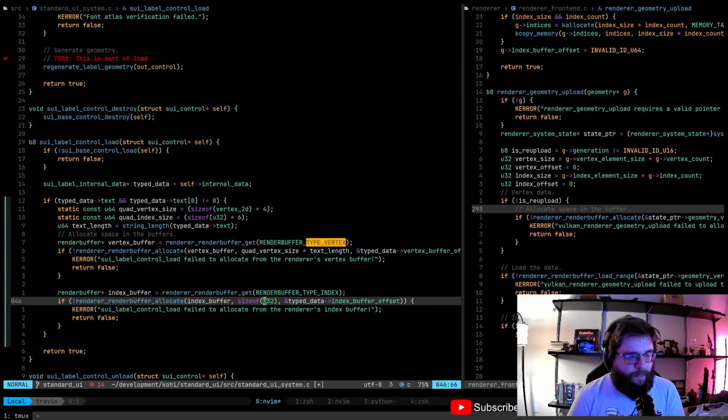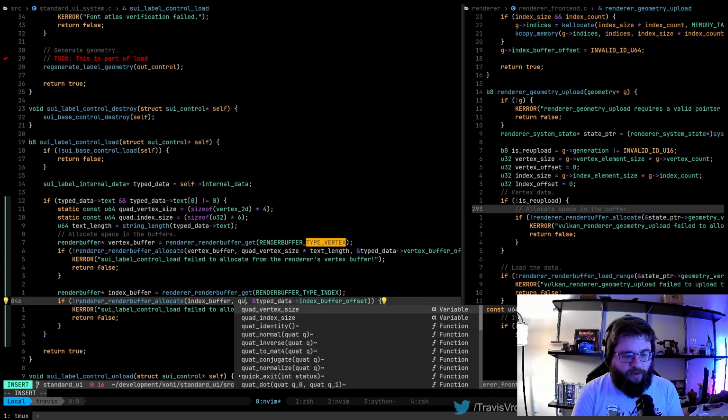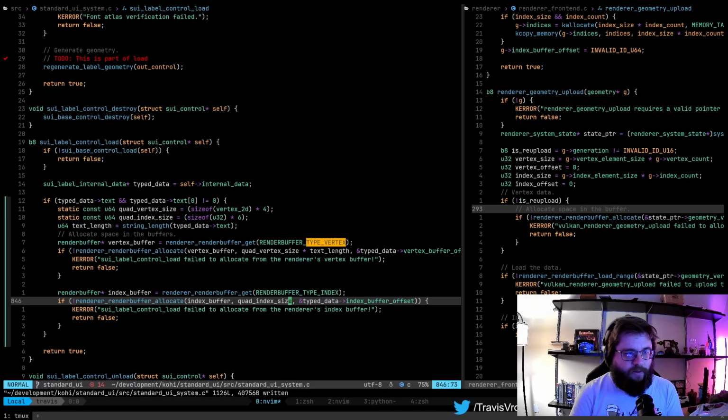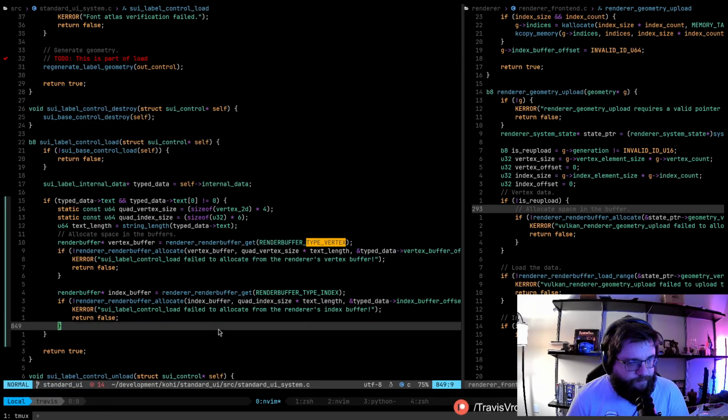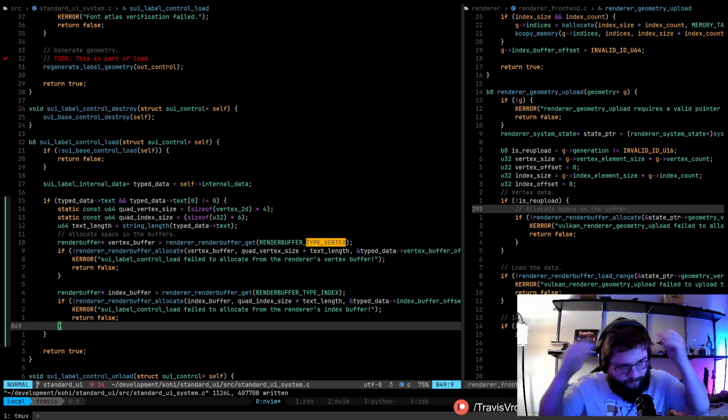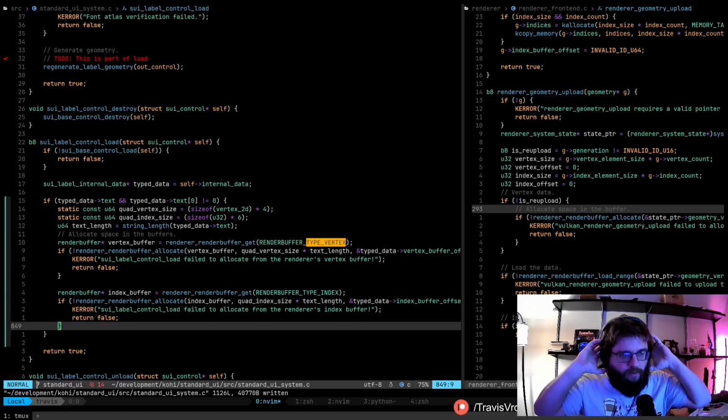This way we can be a little bit more explicit as to what we're doing. Quad index size. Okay? So it's going to be quad index size times text length. So for each character, we need this much vertex data, which is 4 vertices. And we need this much index data, which is 6 indices for each character. Okay. That is correct.